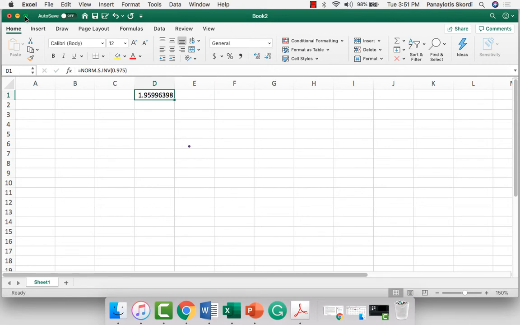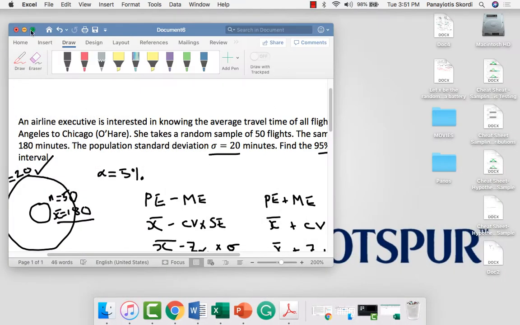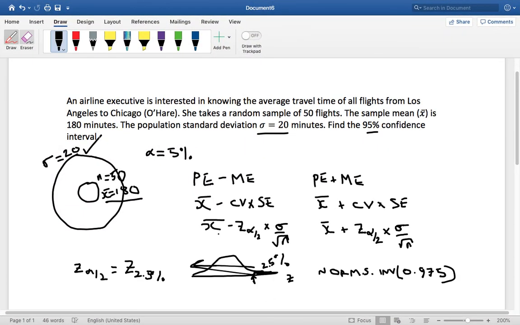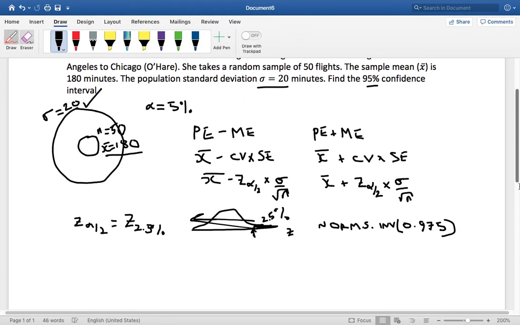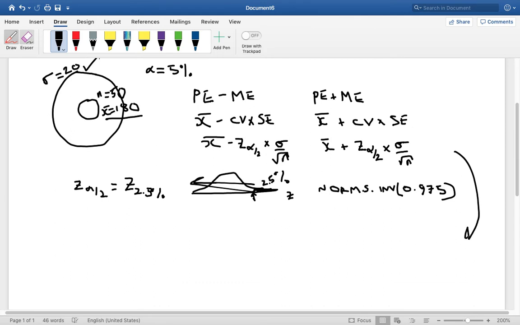Okay, so all we need to do now is just come over to here and put the 1.96 in and the rest of the values in there. So x bar, we already know that x bar is 180. And with subtract, we just worked out that this comes to approximately 1.96